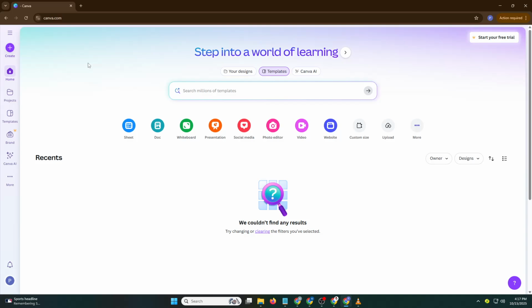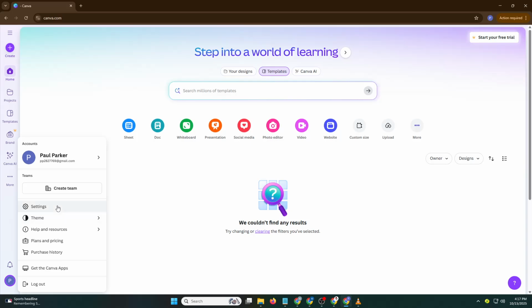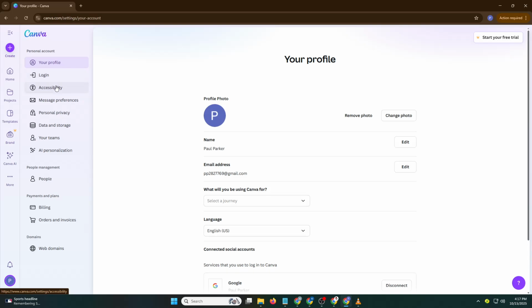Let's get started. First, log into your Canva account. Once you're in, look at the right corner of your Canva dashboard. You'll see a small profile icon. Inside this, see the setting icon. That's your account settings. Click on it and you'll be taken to a page where you can manage all your